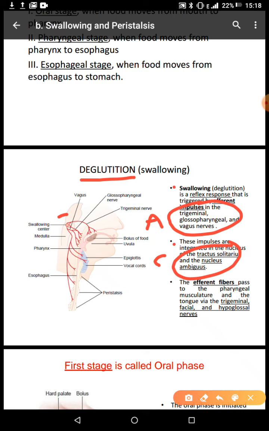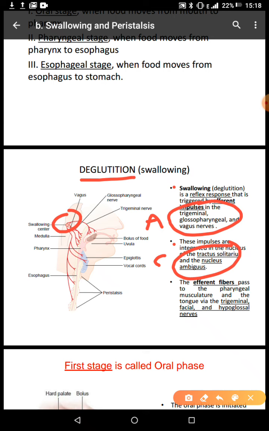Somewhere here. There are a lot of important structures within the medulla oblongata, or the reticular formation. So if somebody asks you where the swallowing centers are located, they are located in the nucleus tractus solitarius and the